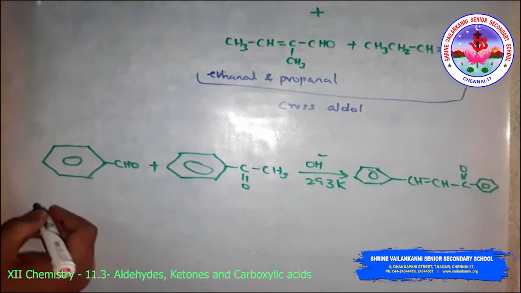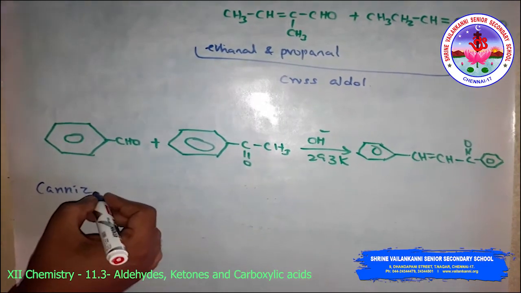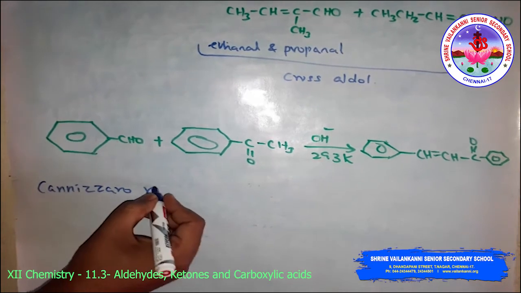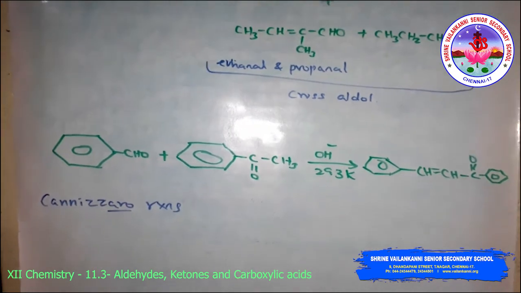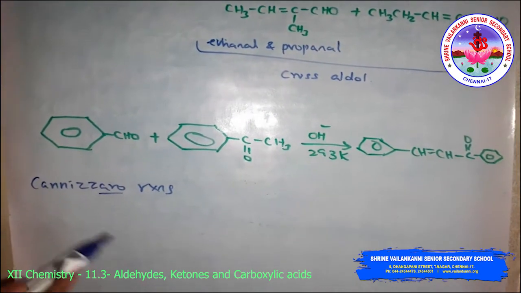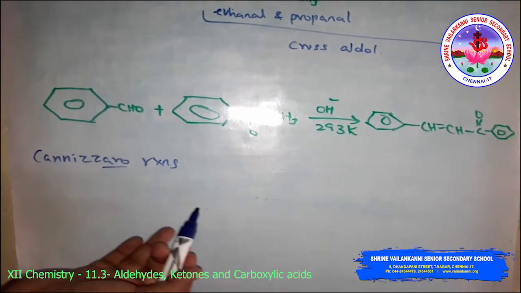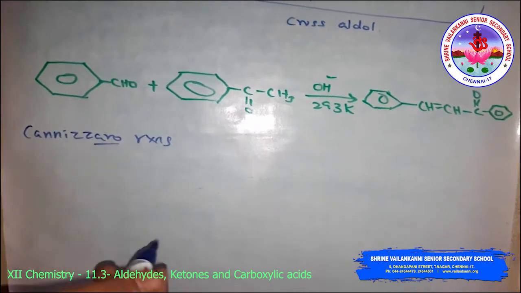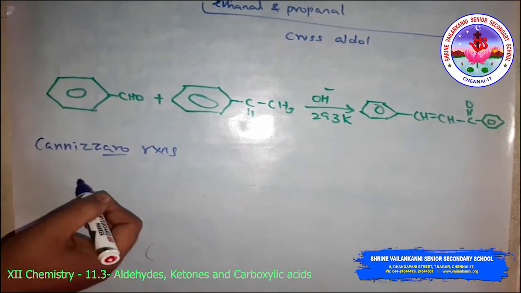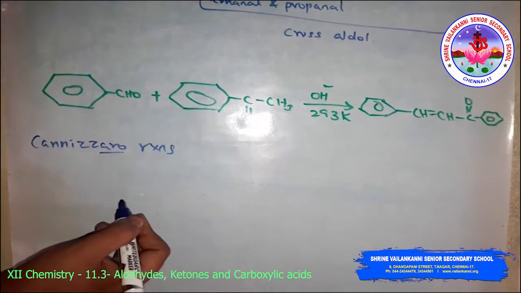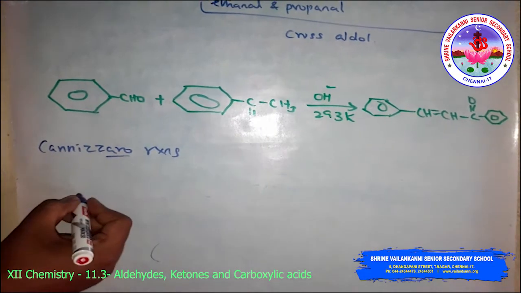Next, other reactions, that is the Cannizzaro reaction. Cannizzaro reaction is just the opposite of the aldol condensation reaction, that is aldehydes which do not have an alpha hydrogen atom undergo self oxidation and reduction, that is also called a disproportionation reaction, on heating with concentrated alkalis. So in this reaction, one molecule of aldehyde is reduced to alcohol, while another is oxidized to carboxylic acid salt. So look at this reaction.